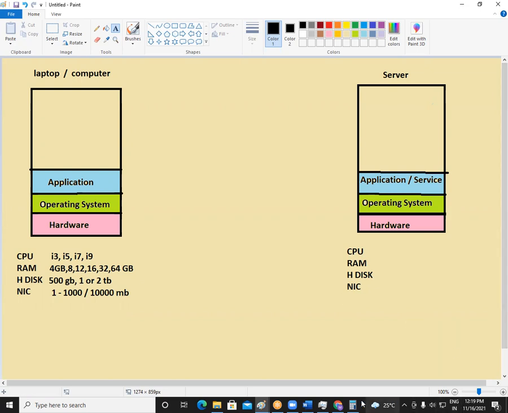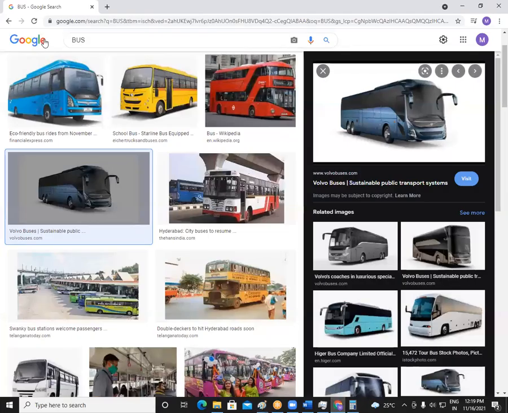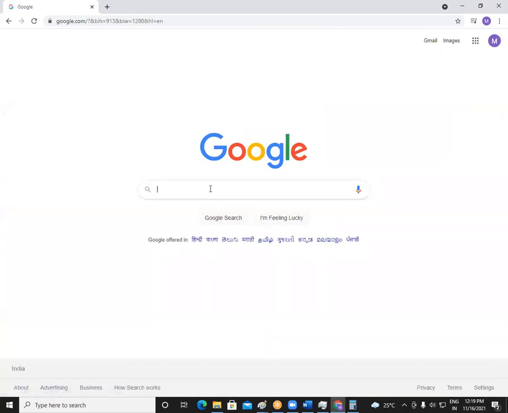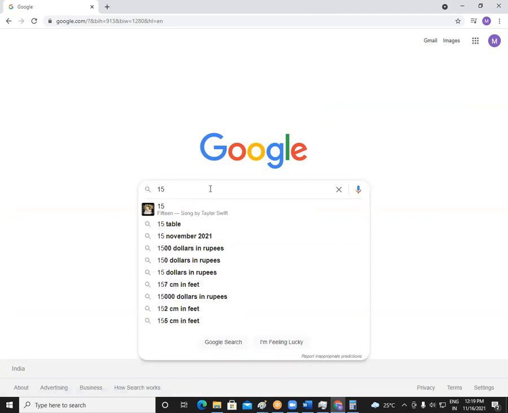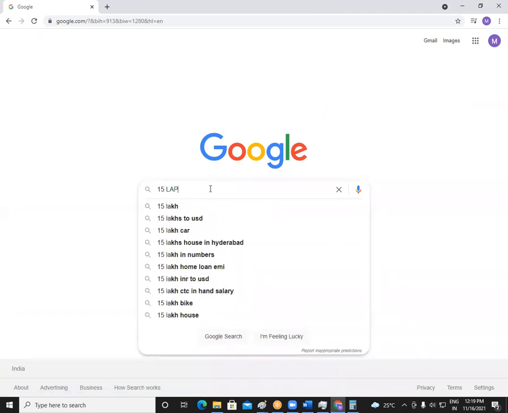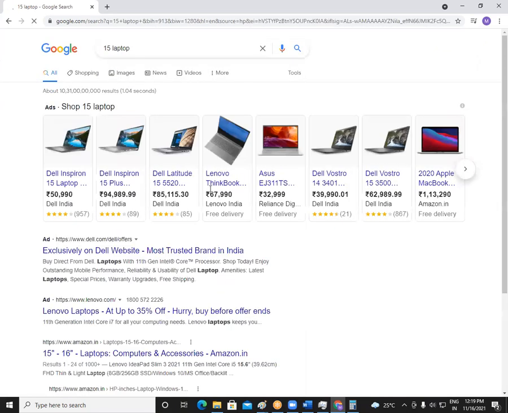Okay. Now let us go and check some hardware configurations of a laptop and a computer. Let us say an i5 laptop, some laptop. Randomly we will select some laptop here. The cost of this i5 laptop is around 50,000. This one is like 94,000. Let us see what is the difference here. This is i5 and this is also i5. One is 50,000, another one is 94,000, nearly double.